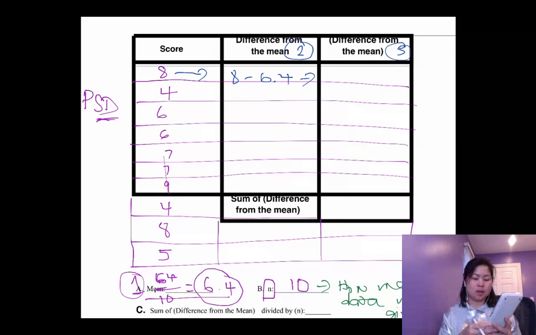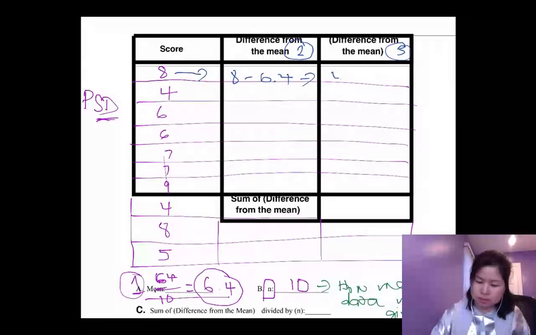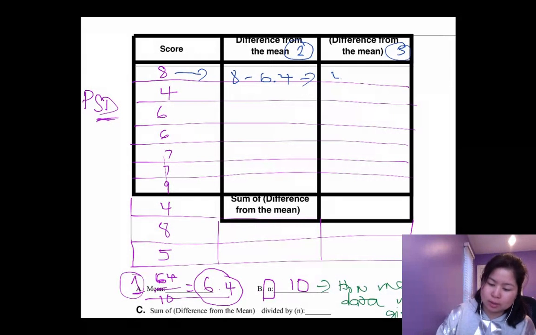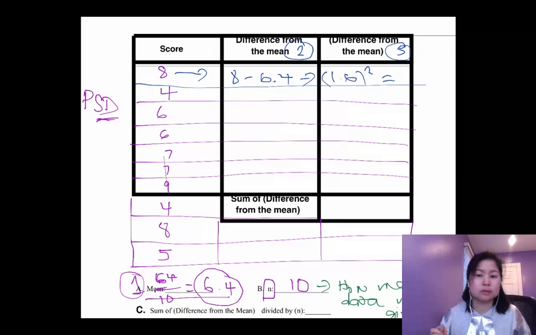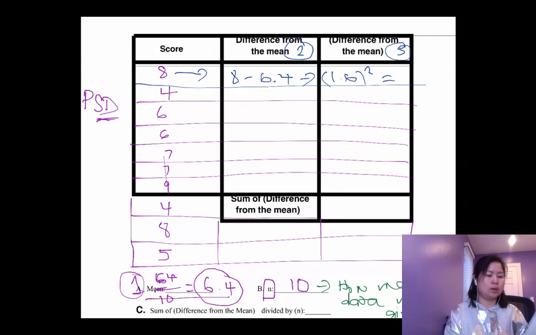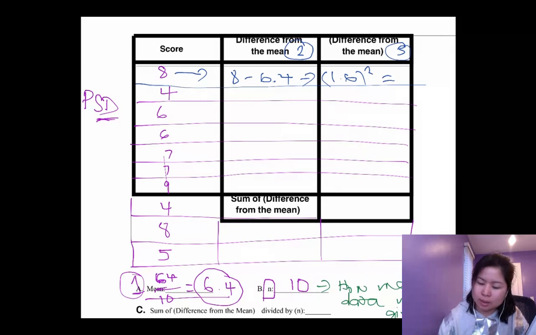So when I do 8 minus 6.4, I got 1.6. So 1.6, what I do with this value, I'm going to square it. So I'm just going to go ahead and square it right away. That will give me